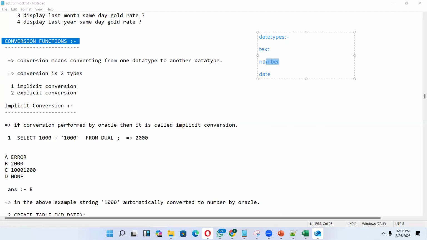For example, if I have a number, I want to convert that into text. Or if I have a text, I want to convert that text into a date. Like that, converting one data type to another data type. That is nothing but conversion functions, guys. It's only three functions here, but it makes you a little confused in the beginning. What are those three functions? The first function is toChar,